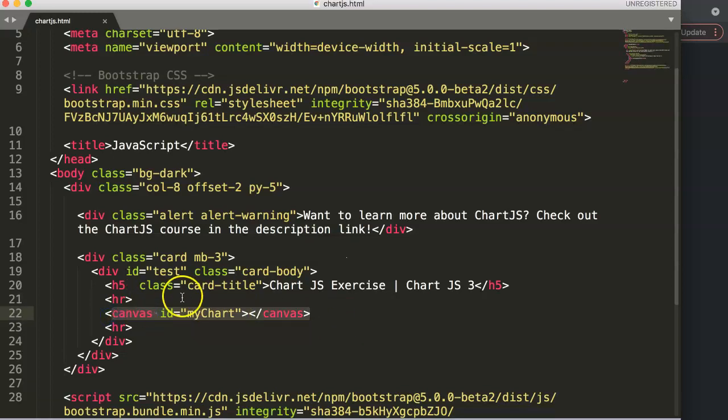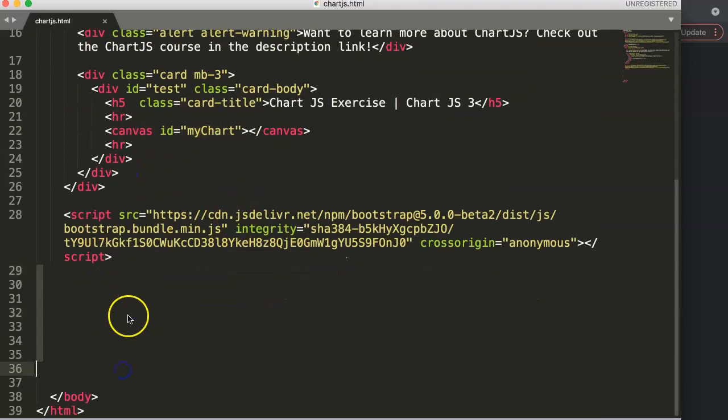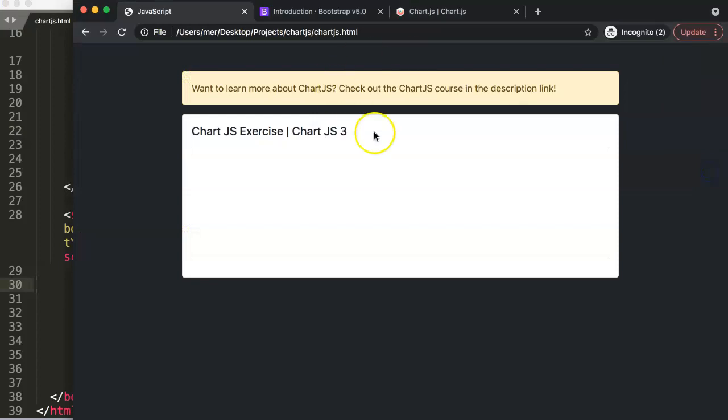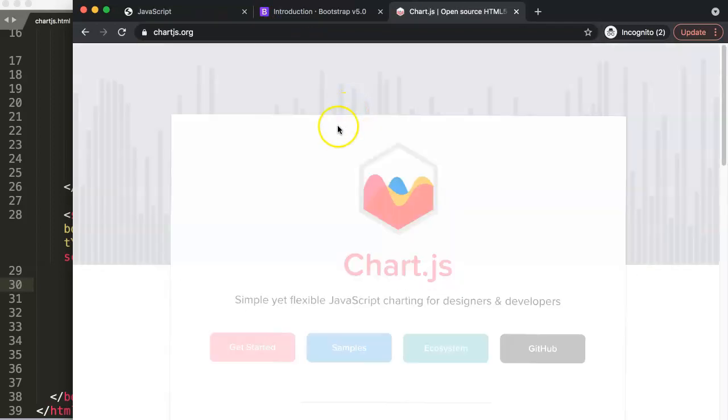Alright, so I have here a canvas ID with my chart, but I'm still missing the ChartJS library, or the JavaScript library of ChartJS. And of course, we're missing our basic JavaScript that connects ChartJS. Alright, to do this, we just go to ChartJS here, and if you're on chartjs.org,